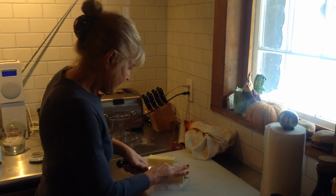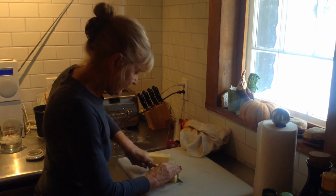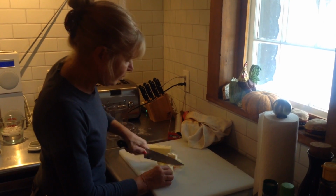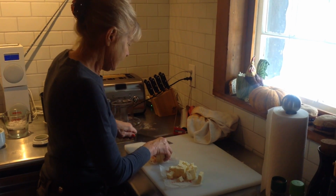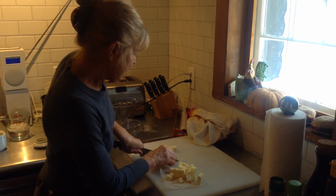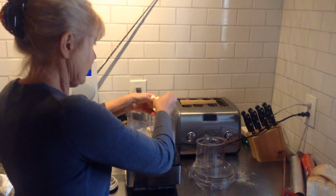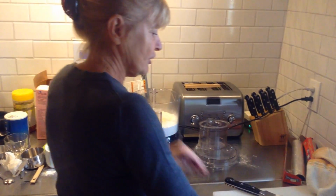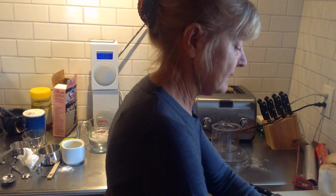And everything that you use should be cool, especially on a hot day, which today is not. And your surface should either be neutral or ideally cold, especially on a hot day, so that nothing melts and the temperature of your body can make a difference. Some people are better at making pastries than others just because they can handle pastry. Their hands don't generate as much heat, and so they have a light touch with the process,